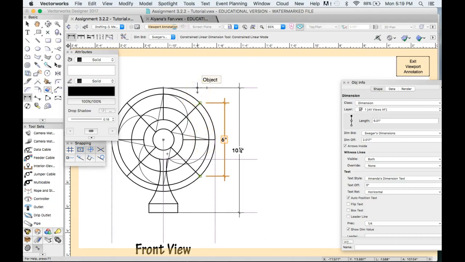And now in the next video, I'm going to show you how to modify each individual dimension as you may need, and also give you some tips about laying these out, because they all want to be laid out in reliable distances away from the